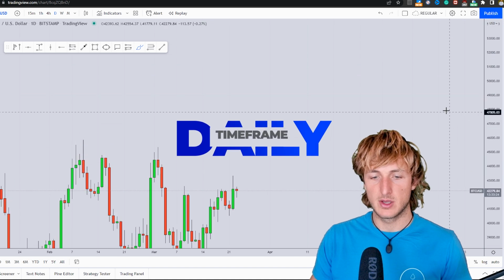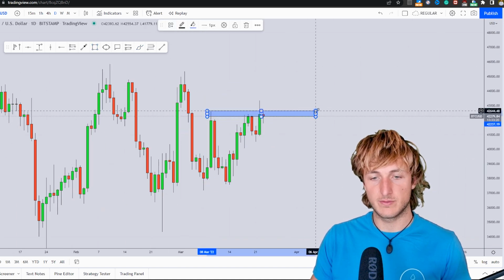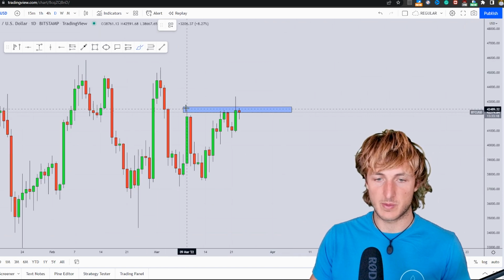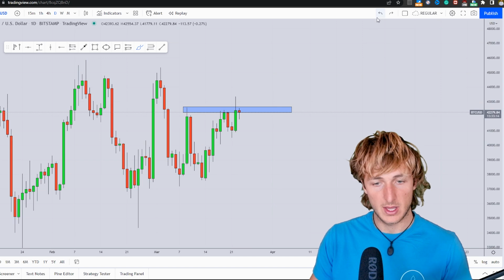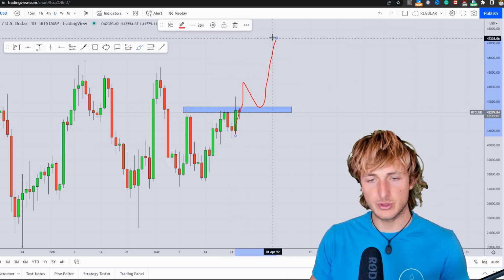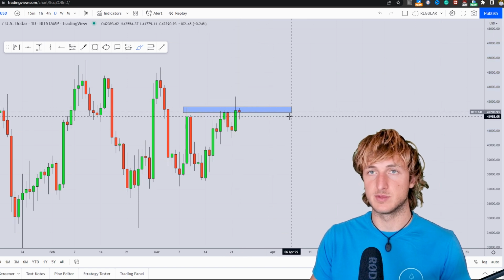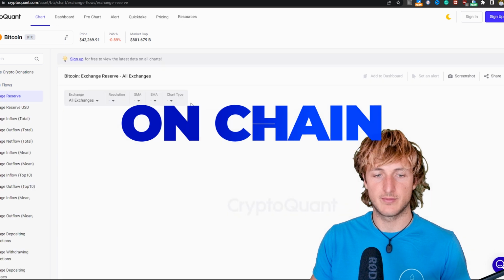Dropping down on the daily, we can see how the resistance that we have on the weekly is also quite visible on the daily time frame, with the market creating a series of highs at this level. However, at the moment, it seems like we are pushing into the zone and a potential break to the upside seems possible. Now, if we go and see what we have when it comes to the on-chain data,